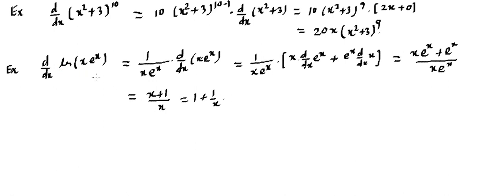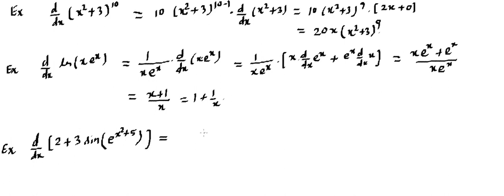Let's have one last example related to this, and then we will be covering all the rules related to this differentiation and a sufficient amount of examples. Let's say we need to find d upon dx of the function which is 2 plus 3 sine, I'm trying to make it a bit complicated, sine of e raised to power x square plus 5, or some sort of this, but we need to keep in mind how the rules are going.